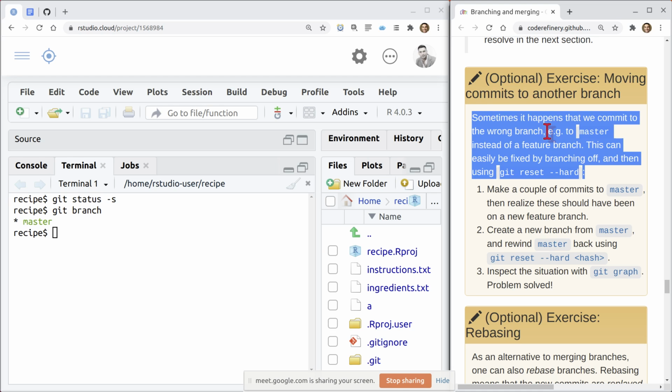The idea is that sometimes it does happen, I do it all the time, that I'm working on my master branch, which is by default the main line of development. It may have a different name, maybe it's called main, but it's still a convention. It's just the main line of development. And then you start adding changes, and that may be a mistake. Because you forgot to create first a new branch, or maybe, as I do many times, it's just because I'm just trying things out and I notice that there is something useful and I create a commit to just lock that useful work that I've done into a commit, which is the only way that you really have with Git to save